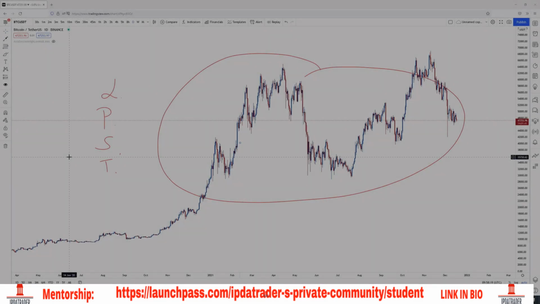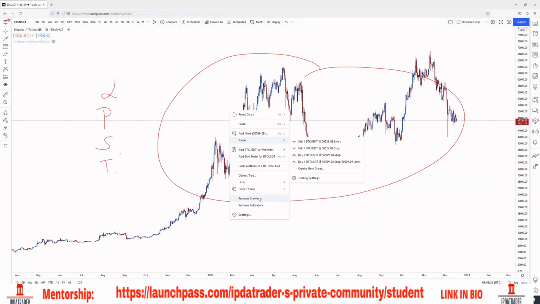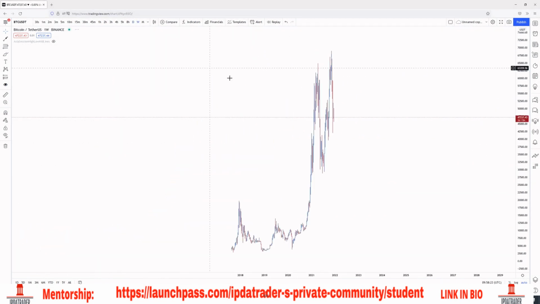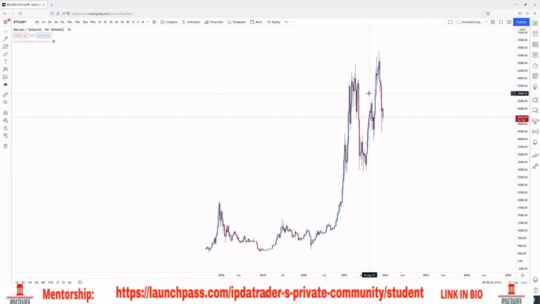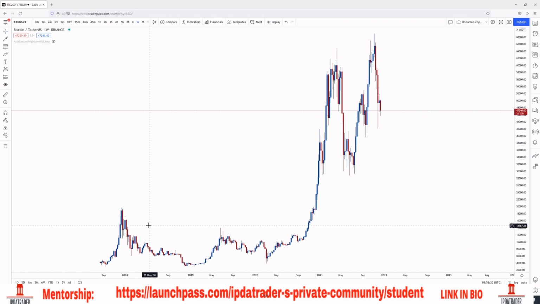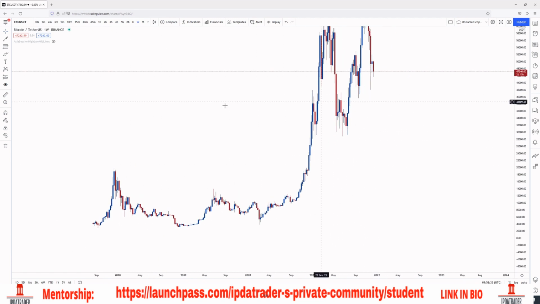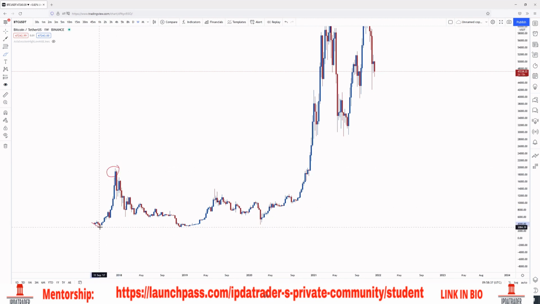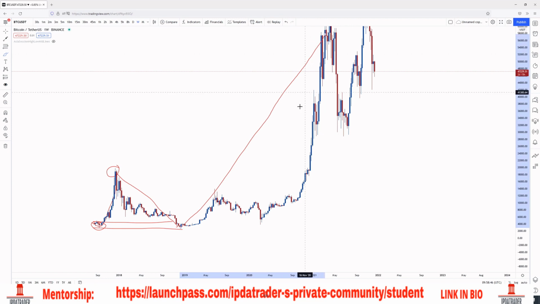So traders, let's remove all of the drawings over here and start by looking at the weekly time frame. Okay, so we're looking at the weekly time frame, right? And we're going to be taking into consideration everything that we see over here, okay? I can safely identify and say that this was a previous high, right? We had some sort of structure like this. We return back down to the origin, just like I always teach, right? We return over here, we move up once again, right? And we enter this amazing big bullish phase in the market.